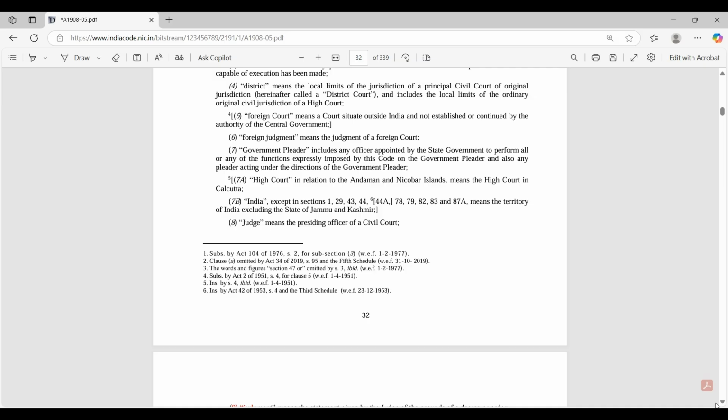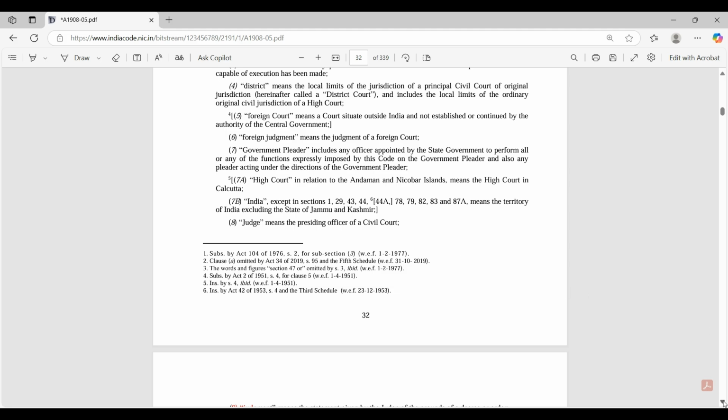Now, government pleader. So, government pleader means your public prosecutor, your special public prosecutor, right? People who represent the government in front of the judiciary, in court, and we call those people government pleaders. So, government pleader includes any officer appointed by the state government to perform any other functions explicitly imposed by this court, and also any pleader acting under the directions of the government pleader. So, as I mentioned, Solicitor General, Advocate General, they all are government pleaders. High Court, as you know,